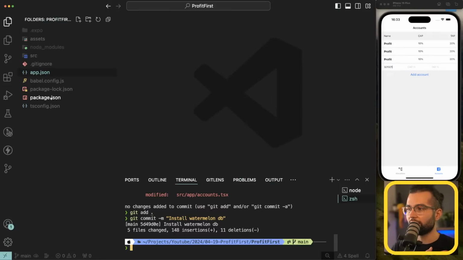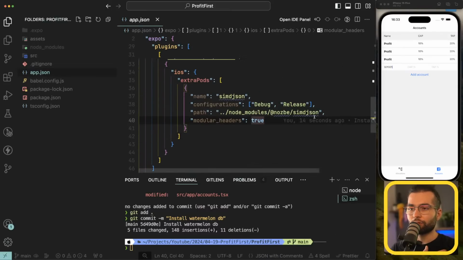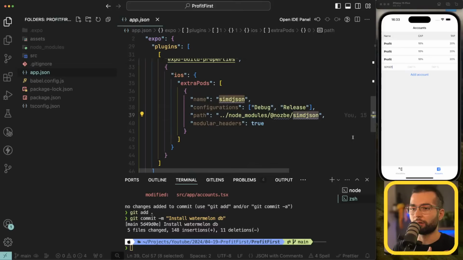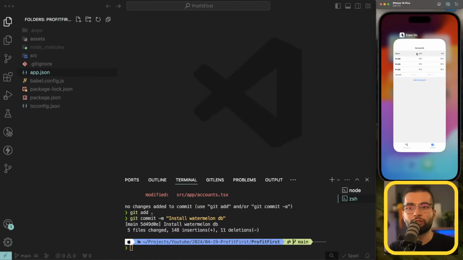Why? Because we need some extra native code for the Watermelon database. So it will no longer be able to run in Expo Go. We basically have to create our own version of Expo Go that will contain the native code that we need,